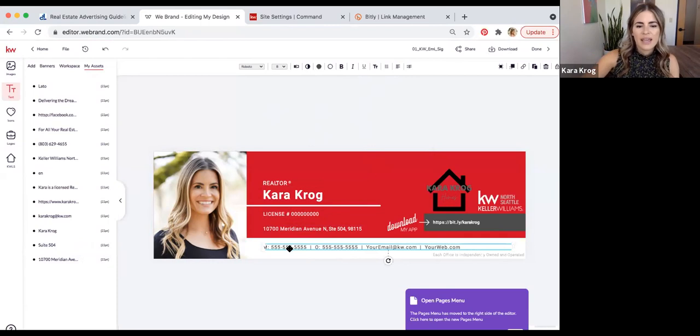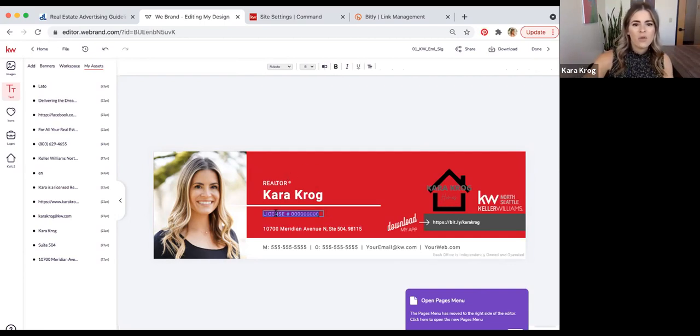And then I'll update my cell phone number, my office number, my email address, my website. Some states do require you to put your license number on all these things. It's actually not required in the state of Washington, so I can delete that, or I can always put my license number on there. That's fine as well. Or maybe I'll put my other job. I'm not just a realtor, but I'm also director of agent services. Perfect. All right, that looks great.